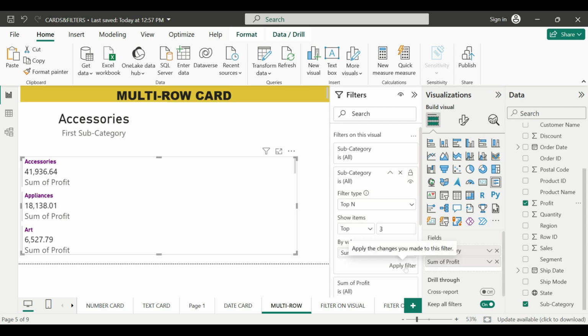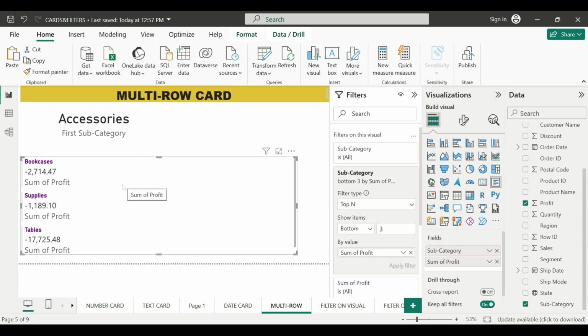And what are those? Accessories, copiers and phones are the highest profitable subcategories. Suppose you want the lowest profitable, you can click on this bottom button and apply. So these are the lowest profitable.